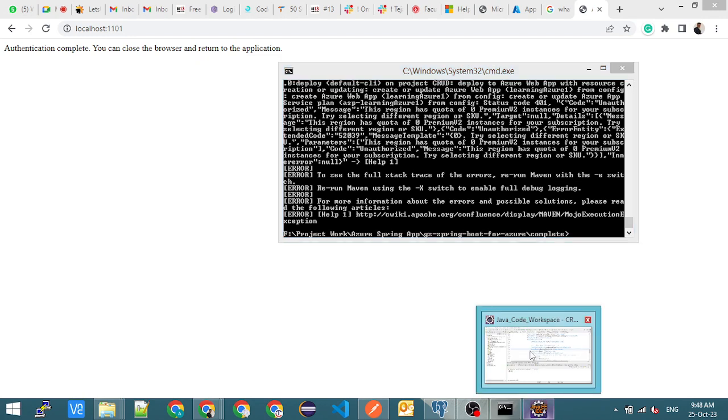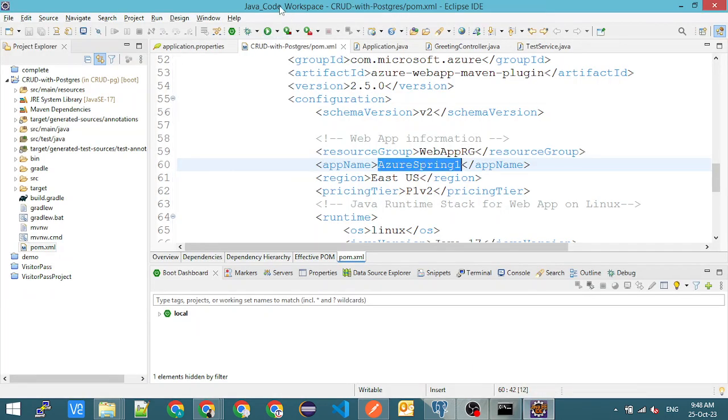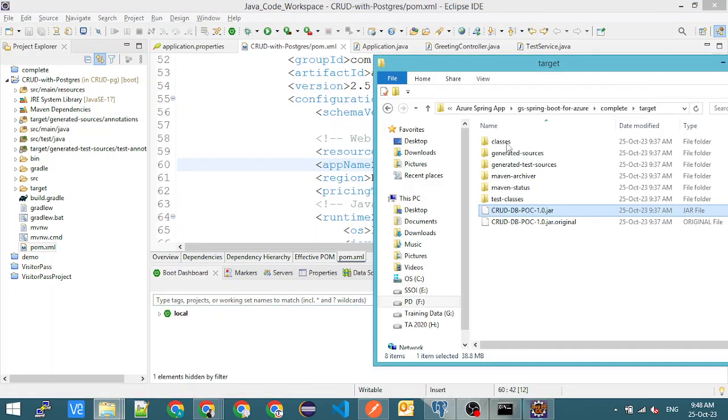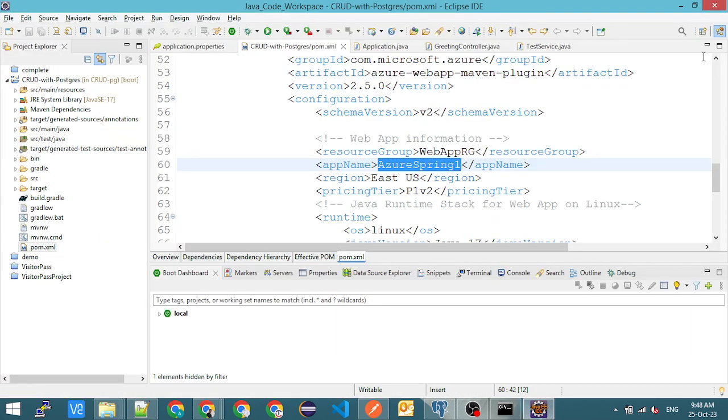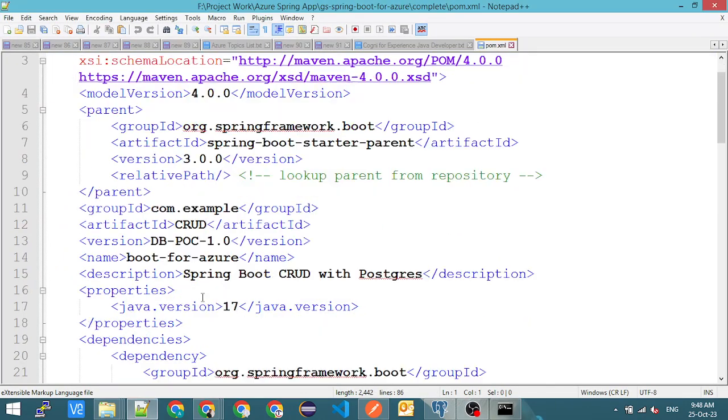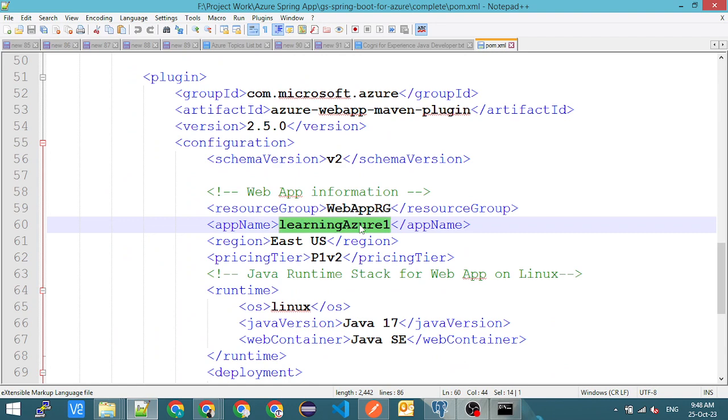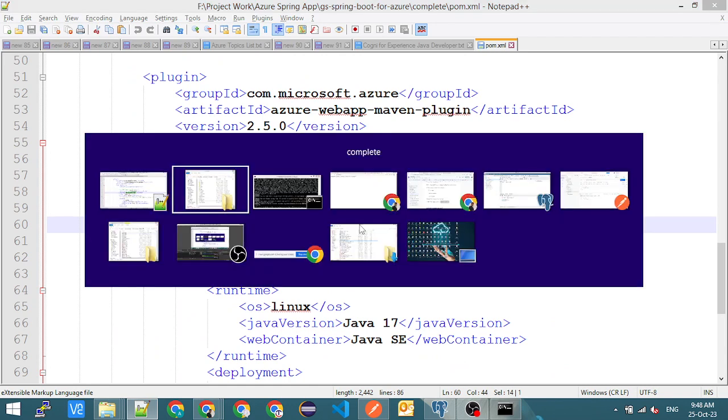See how talented I am। I changed in a code, so I changed the POM in a different place, number one। Even if I would have changed it here, again it must have not worked, because even though I changed the POM, I need to build the jar again, because jar deploy कर रहा हूँ, jar में तो पुराना ही setting है ना, तो jar deploy करना चाहिए। तो code is here, so I need to modify this। तो वहाँ यहाँ पे, this is something I supposed to change, मैंने वो Eclipse में change। ठीक है, anyways होता है। So here I am supposed to change जहाँ पे learning Azure 1 ही है, और वही उसने वापस डिप्लॉय करना शुरू किया। That is when I realized अरे I made a mistake।